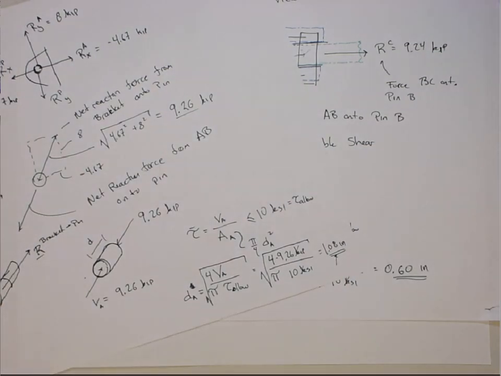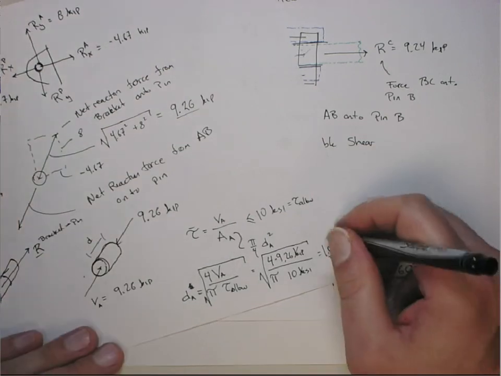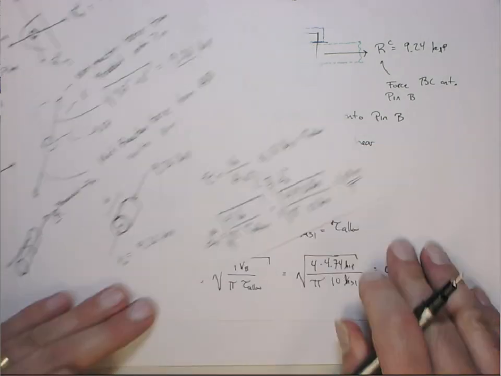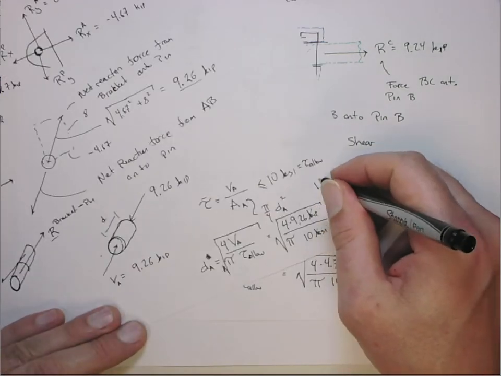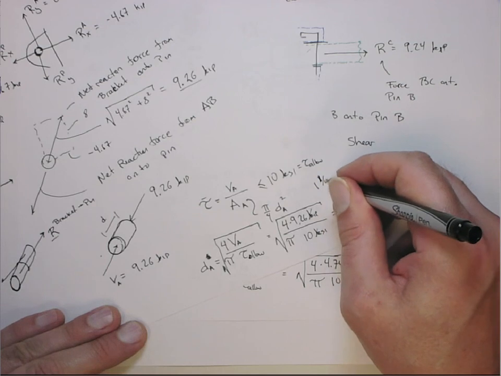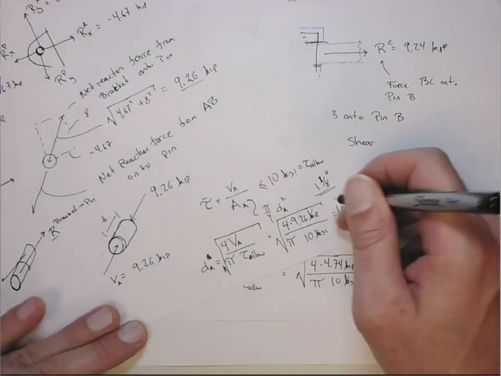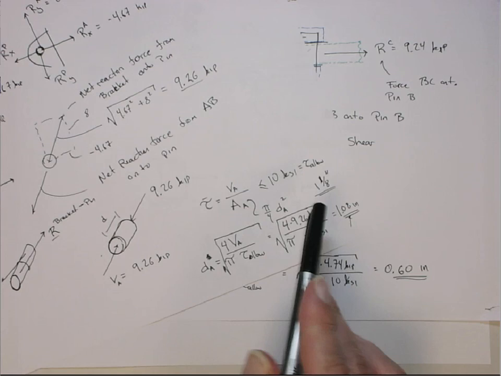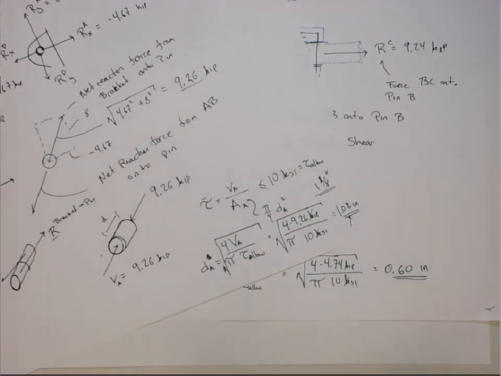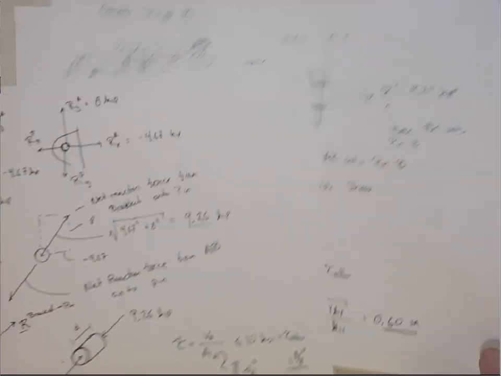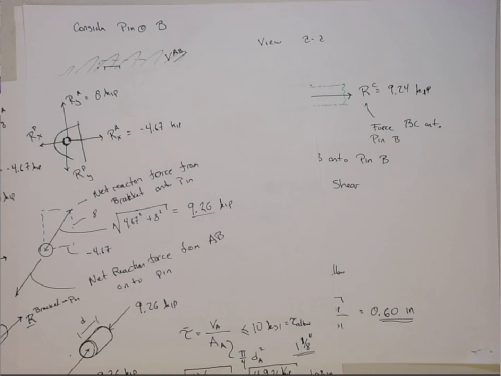Pins probably don't come in something like that, so you'd probably have to get maybe a 1 1/8 diameter pin, just because you probably can't get the pin exactly to that size. So 1 1/8 will give you a little extra margin of safety. Sorry for drawing the shear on the pins in a somewhat confused manner, but